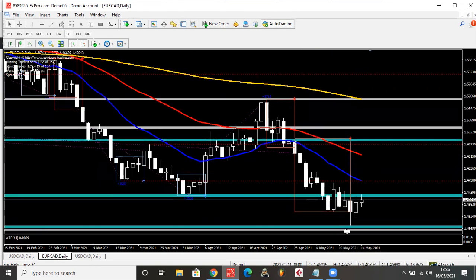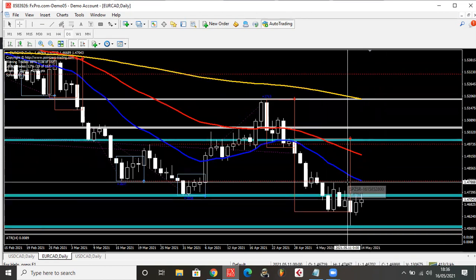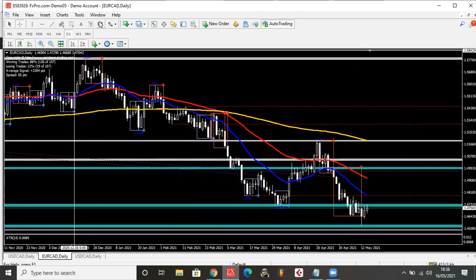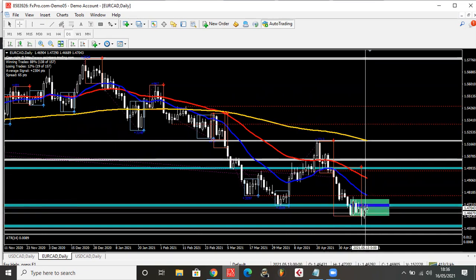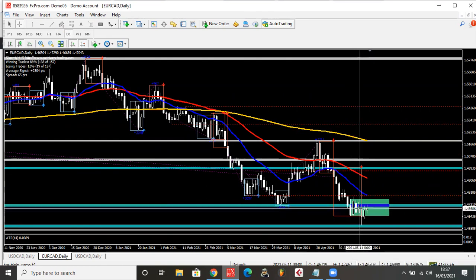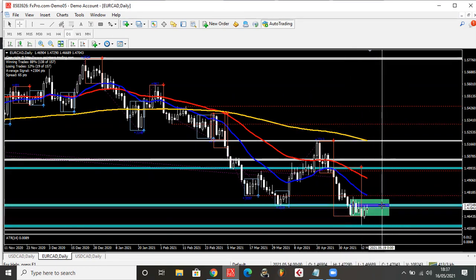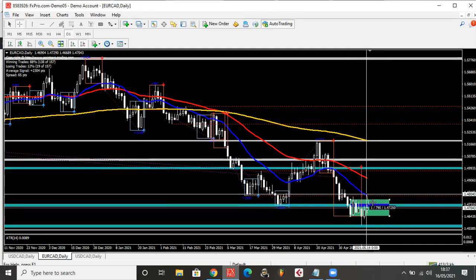Okay, so euro is actually kind of struggling. Now, this is where I want to be very careful. What you can see right here is price has actually been consolidating. This is not really a trend. This is a consolidation. It's been consolidating for 1, 2, 3, 4, 5, 6, 7, about 2 weeks. So most likely it's waiting to be kicked by this EMA right here.